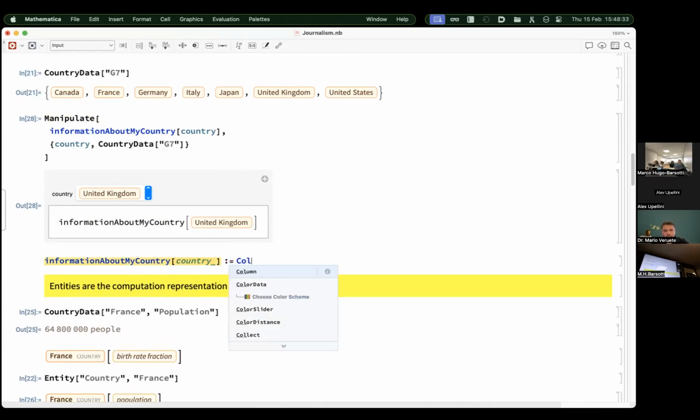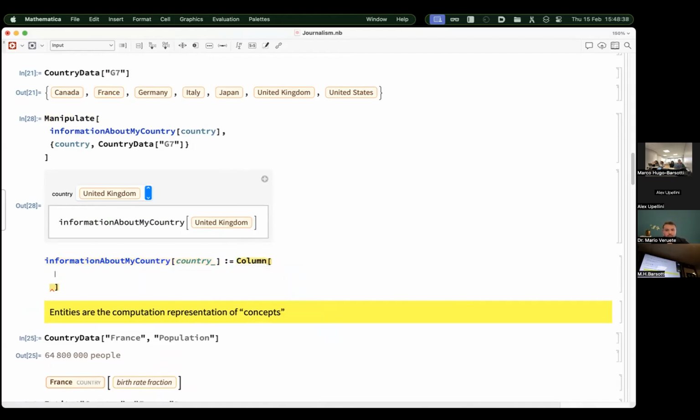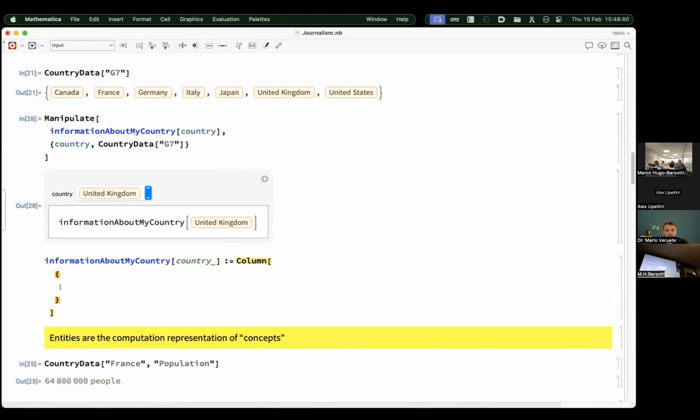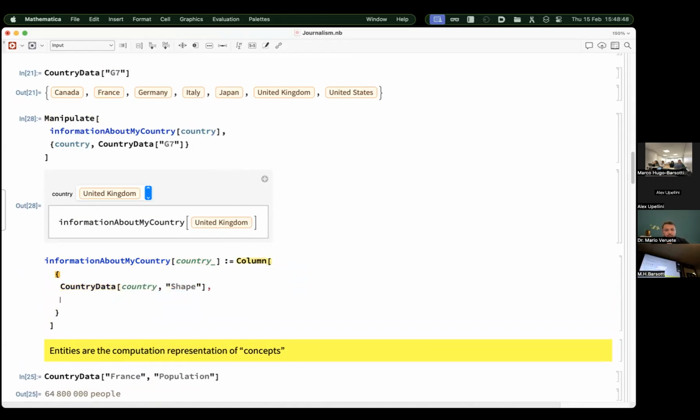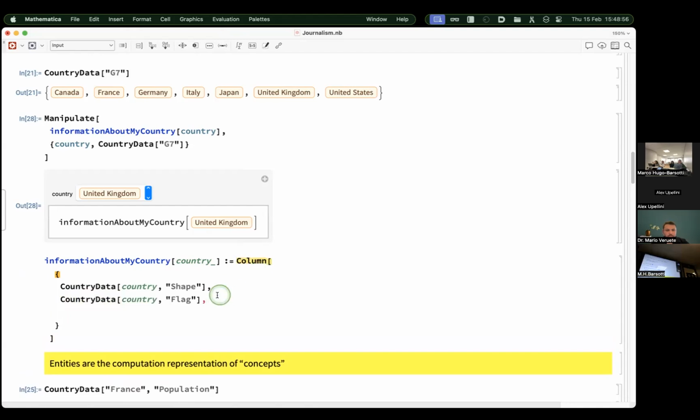I'm going to construct a column with some information. What is that information? Well, it's going to be country data of the country, and we're going to do the shape. And from the country we also want the flag, and we want, for example, the